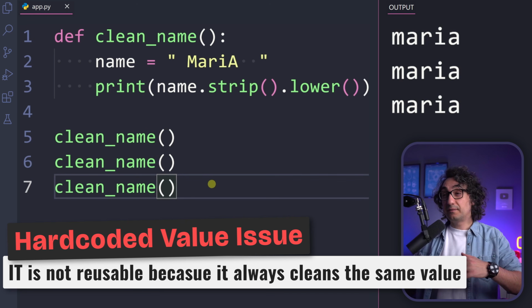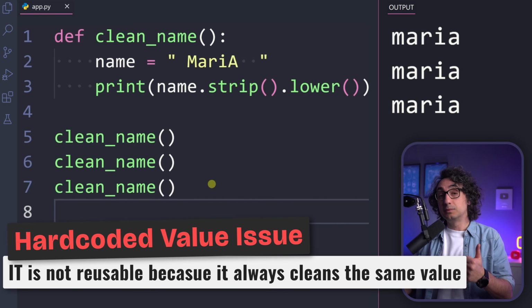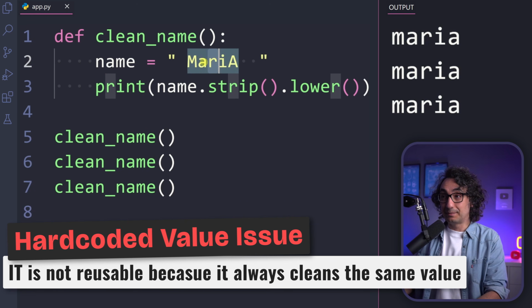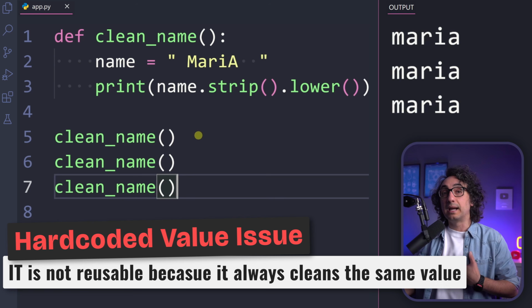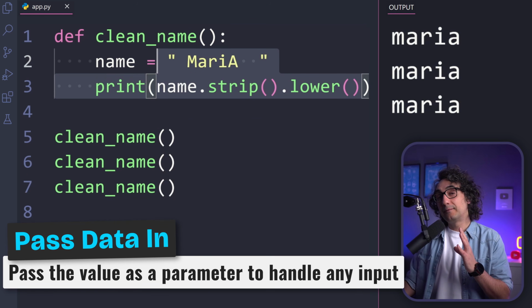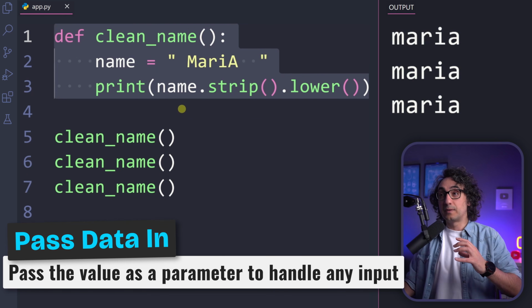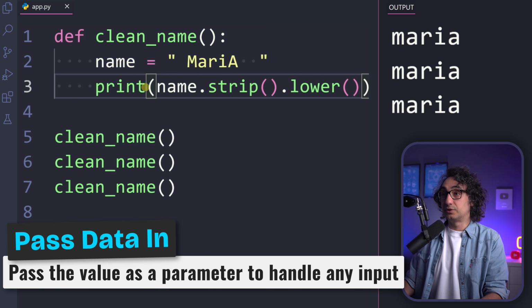But in my project, I have different values and different names, not only one. So it will not work that each time I'm going to change the name inside the function. Instead, I want it to be more flexible, where each time I'm going to give it my own value. So that means, my friend, we have to change the shape of this function so that data goes in. So how are we going to do it? It is very simple. First, we have to change the definition.